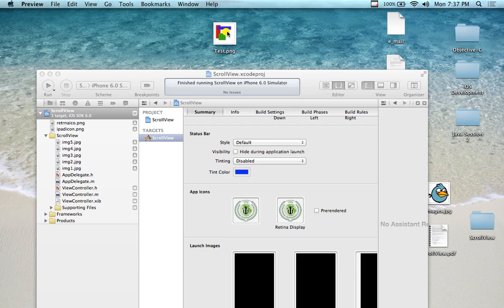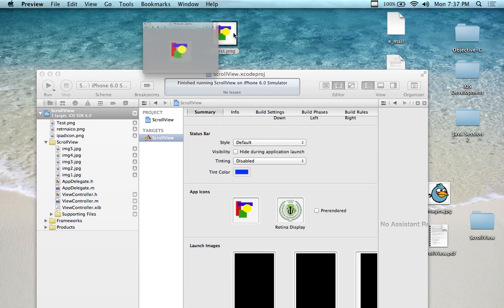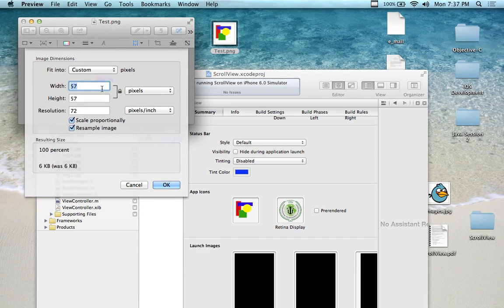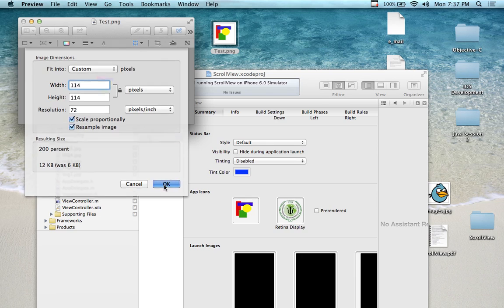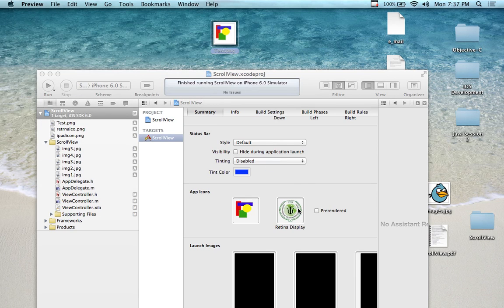So now I take and I drag it in. And it likes it. Very, very picky. And if I take the same image and I put it over here where it says Retina display, it's going to say, no, I'm sorry, it has to be 114 by 114. Are you serious? 114 by 114? All right, so then I double click on it and I come up here to Tools and I adjust the size. Now I'm going to make it bigger. This is not going to look so good. It's going to look fuzzy, actually. Now if I drag it in at 114,